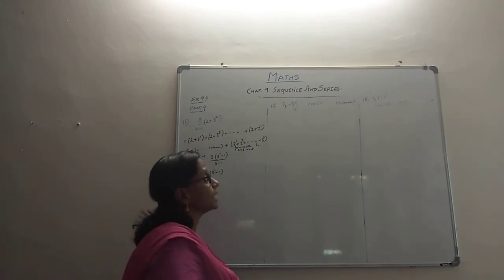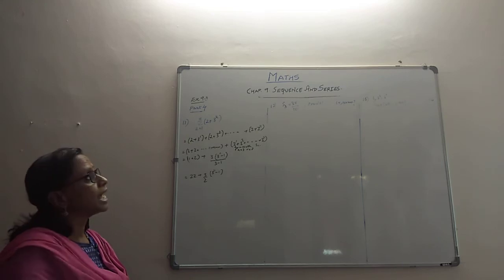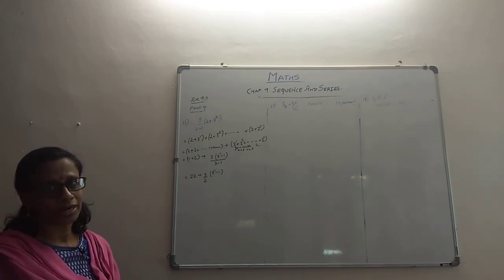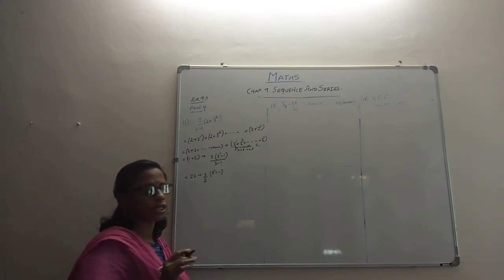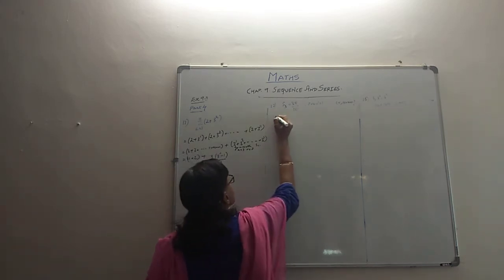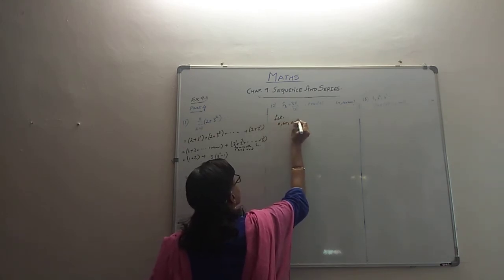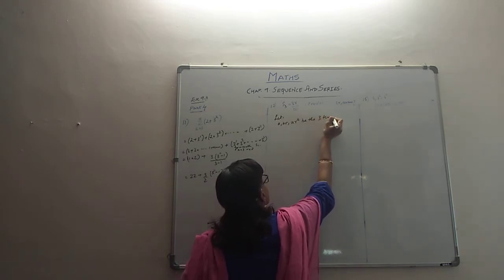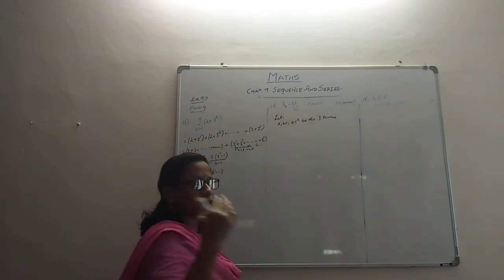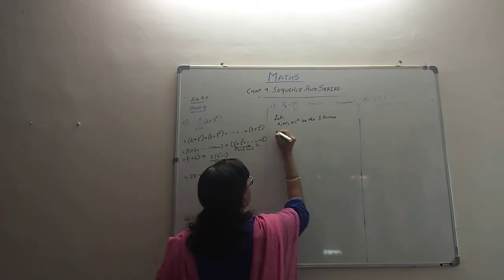12th question, they say there are 3 terms whose sum is 39 by 10 and whose product is 1. If that is the case, you find out those terms. So you can do it in whatever way you want. For our convenience, let's assume let A, AR, AR squared be the 3 terms. You can take different ways. Some people take A by R, A, AR. Like that also you can take, that's also okay. So what happens from given?